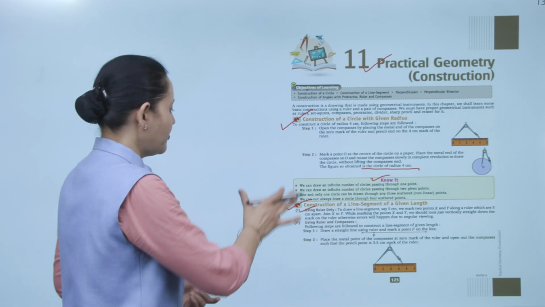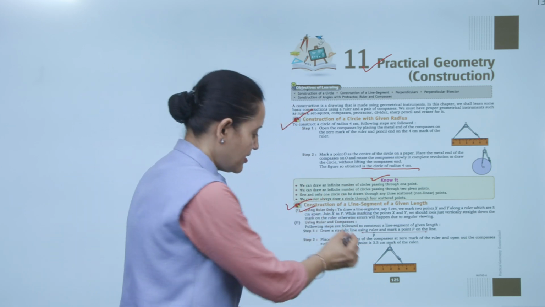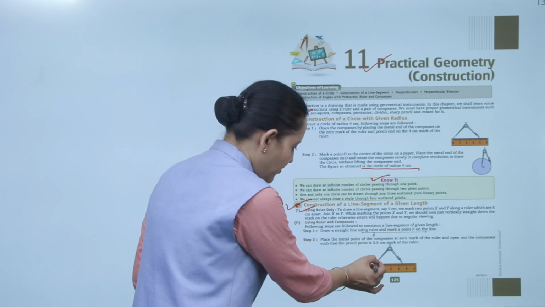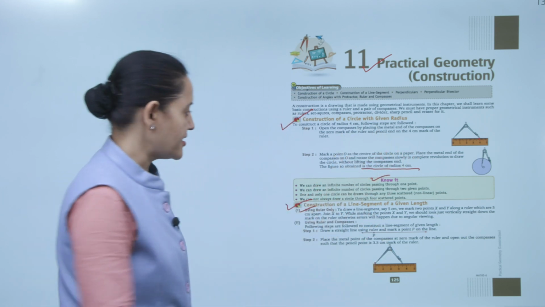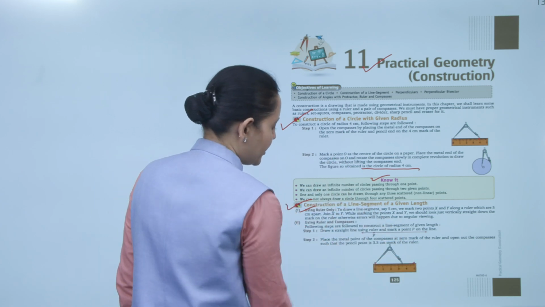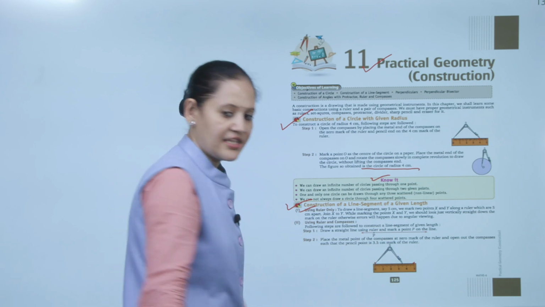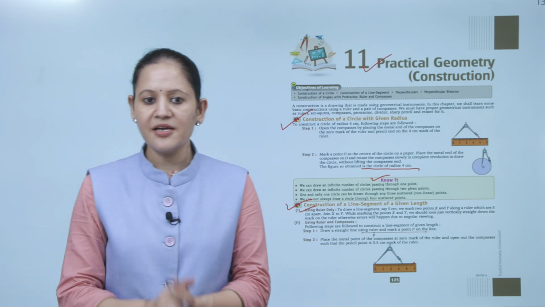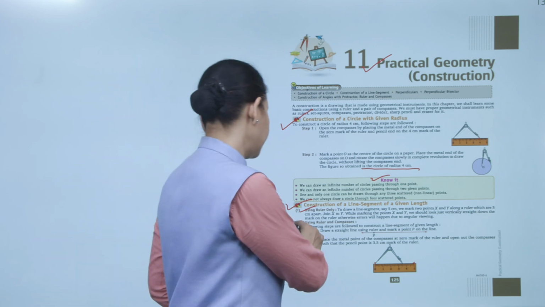So, suppose we have to draw a line segment of 5 cm using the ruler. So, we will put the ruler and will mark one point at 0, and suppose we have to draw 5 cm. So, what we will do? At 5 cm we will mark one point here and join these points X and Y, that is equal to 5 cm. Clear? Next is using ruler and compasses.